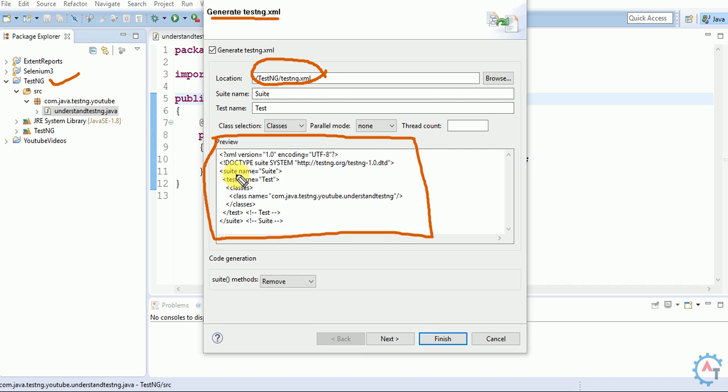It will contain the suite name, it will contain the test name, and the main important thing is that it will have the classes. Classes means your Java files. Here you can see the class name. This is one class, right? This is one class, and the class name will have the entire name, means it contains the package name where it is in. So you can find